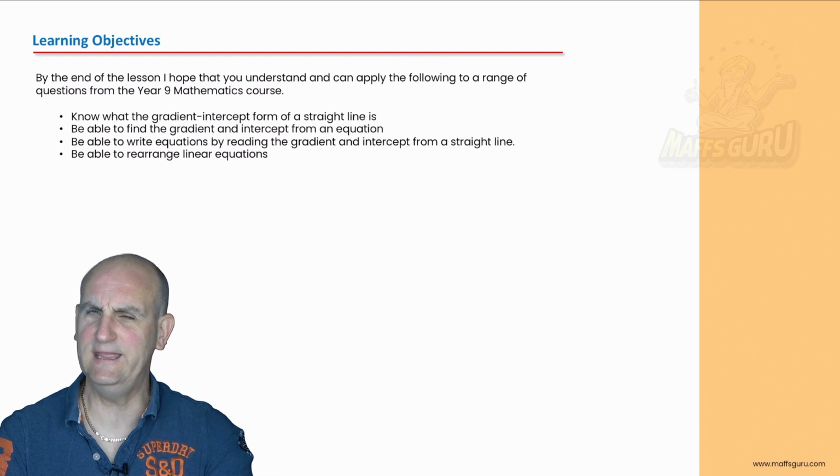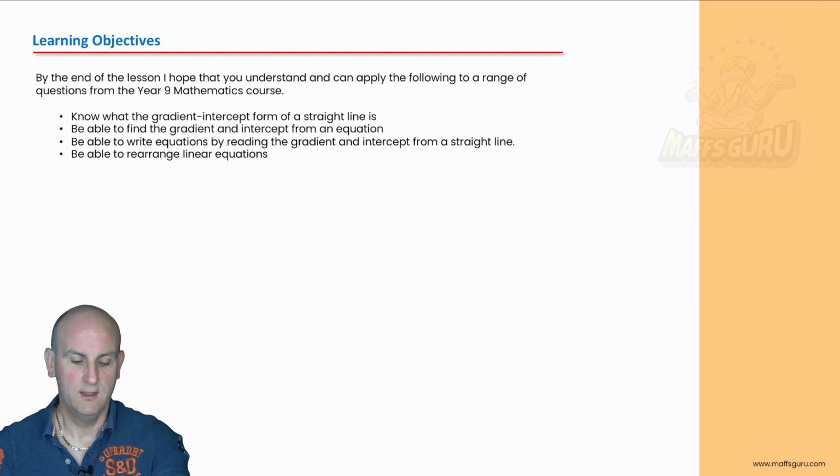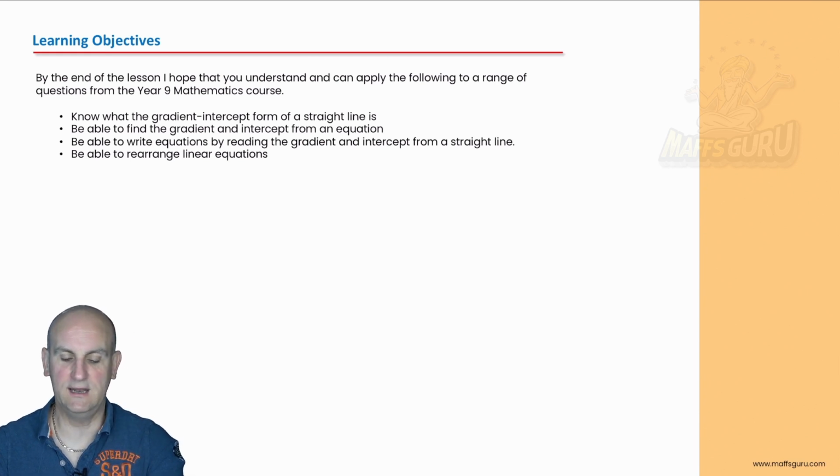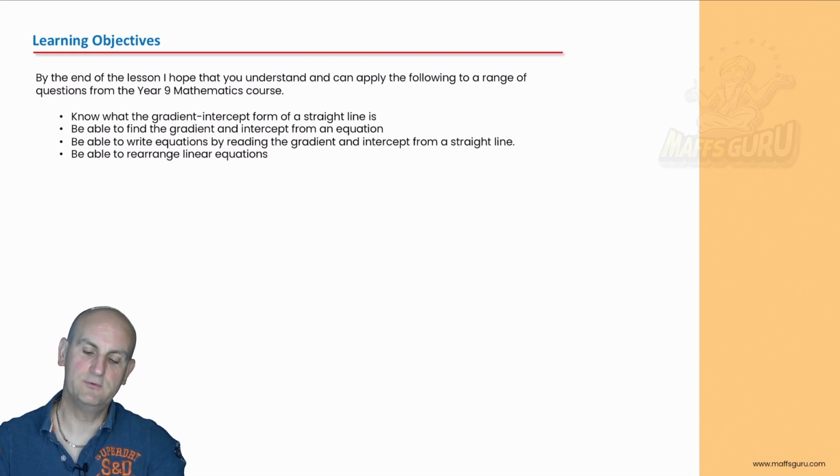What are we looking at today? Learning objectives. Know what the gradient-intercept form of a straight line is. It's been building to this. We've already talked about it 97 times, but let's formalize it. Be able to find the gradient and intercept from an equation. You can do this. Smash it. Be able to write equations by reading the gradient and intercept from a straight line, and be able to rearrange